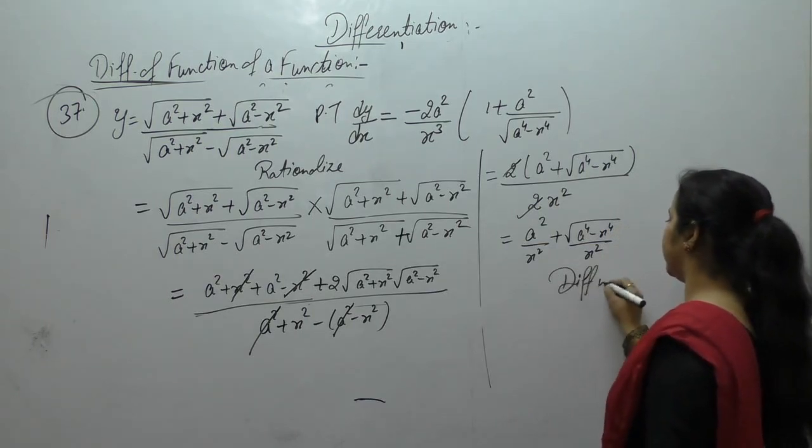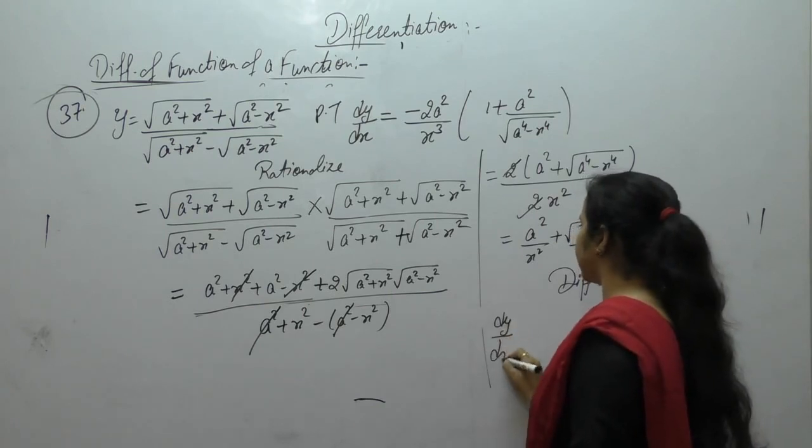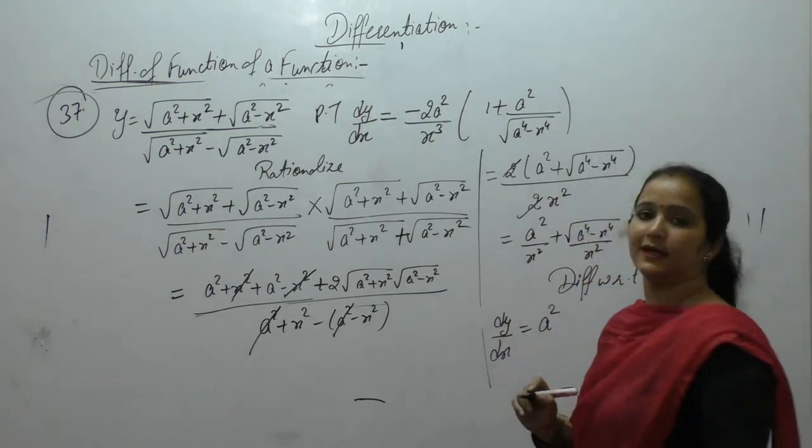Now differentiate with respect to x. So what we get? dy upon dx, a square is constant, the derivative of